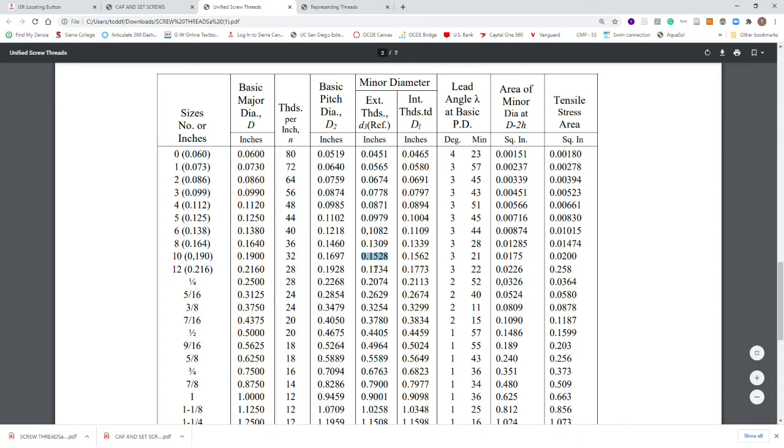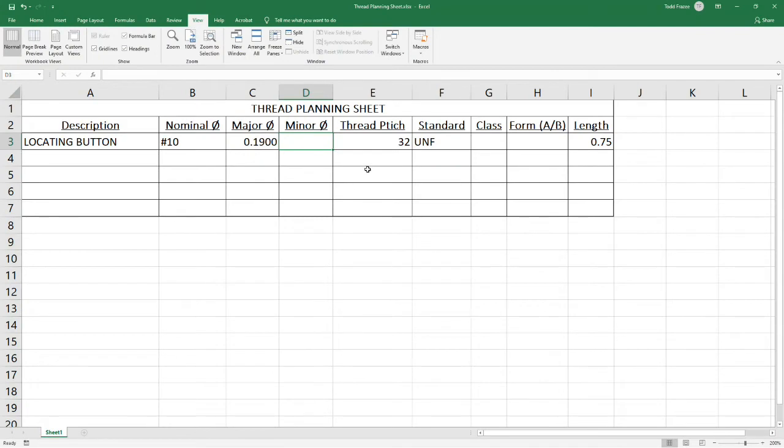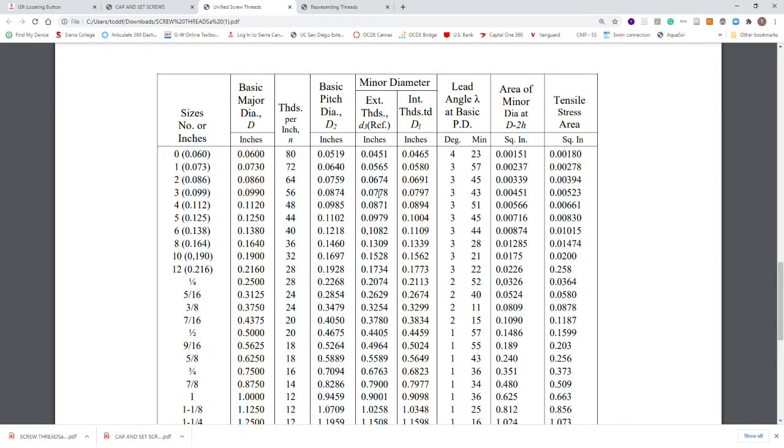So 0.1528 is our minor diameter. So this is the crest of your thread, and this is the root of the thread on an external thread. And our form is an A thread. The thread class, sometimes you don't call it out, but it has to do with the tolerance that the thread has to be held to. Let's move on to the next part we're going to be making.